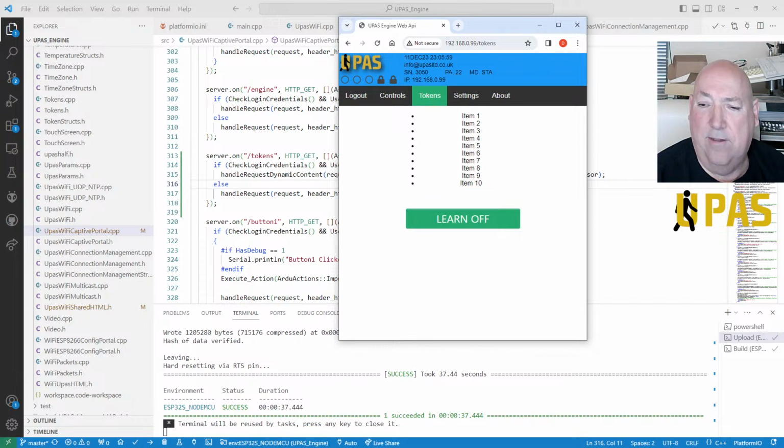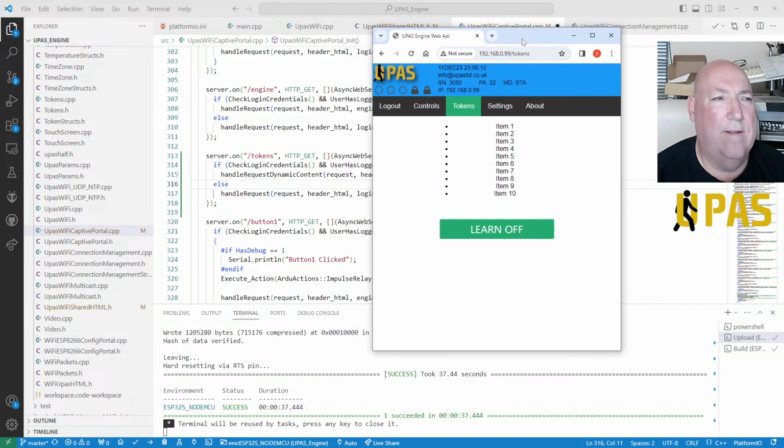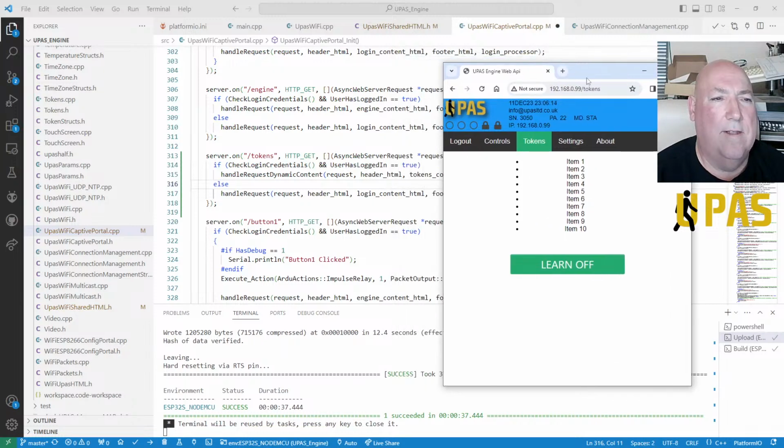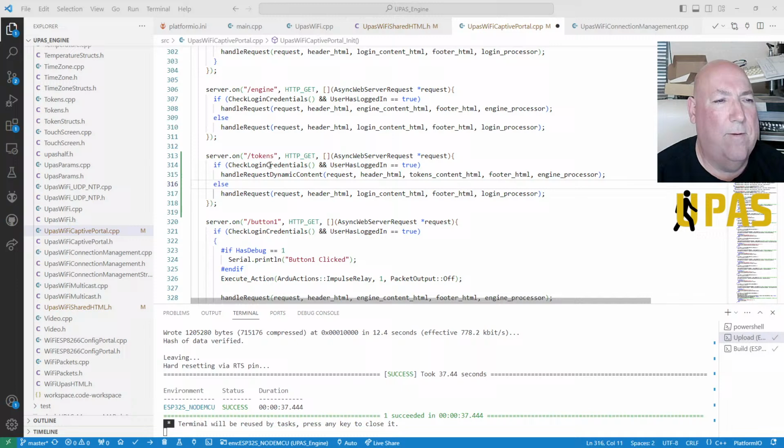Dynamically loading the list. Yeah. So we're serving up with this. Hang on. This one here is serving up that form, that web page, whatever, web API.